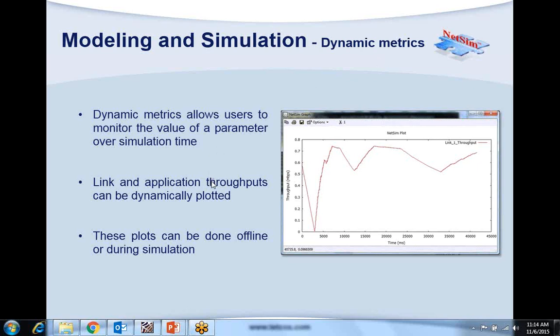There is an option you can choose to have the graphs during the simulation or after the simulation. So we just do the next.